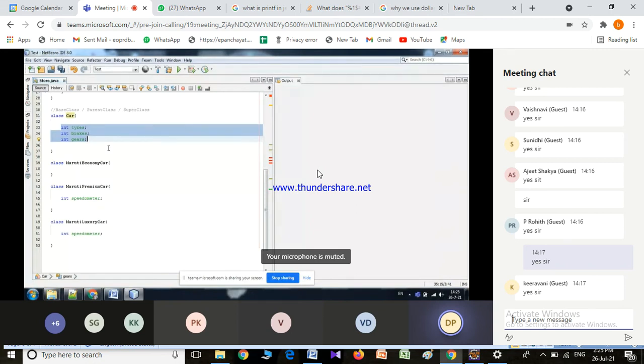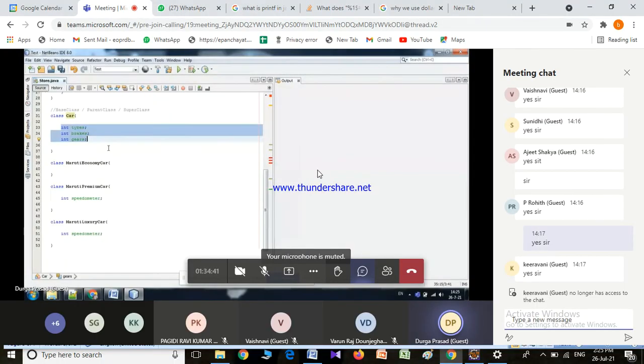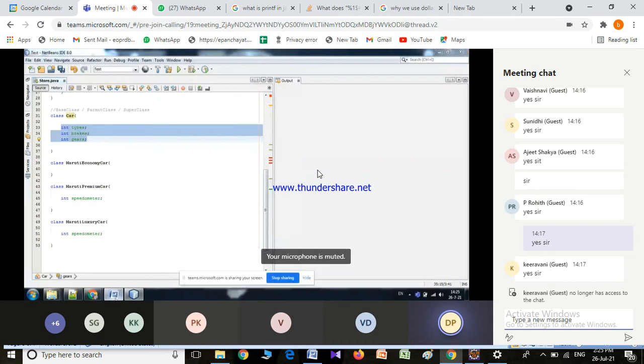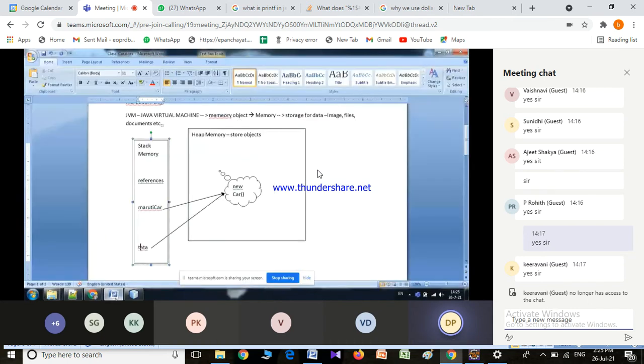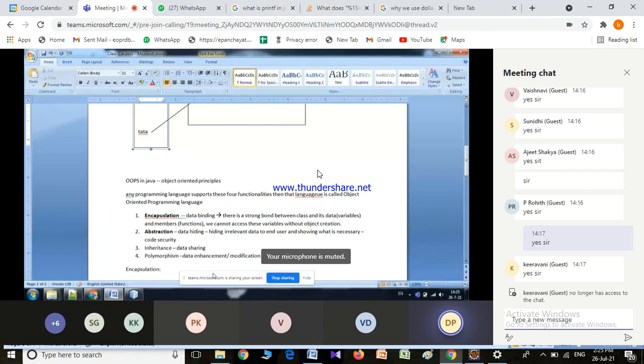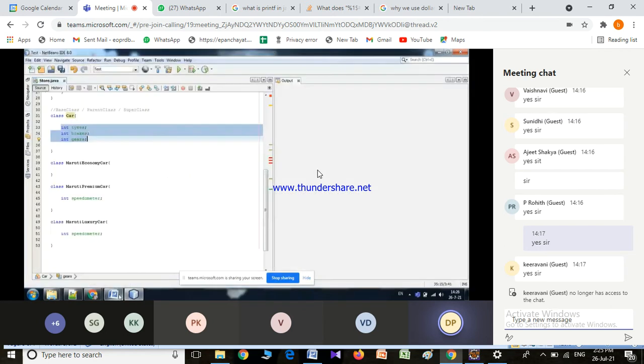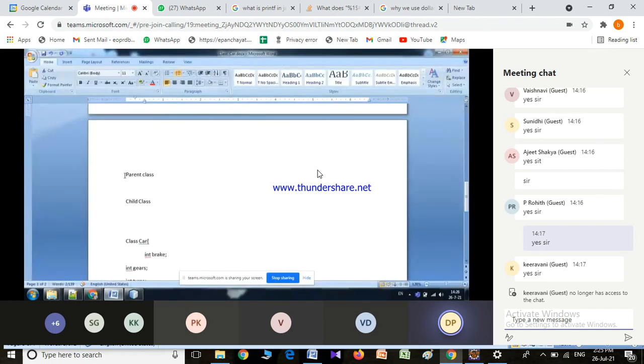So in Java we have something called inheritance. Inheritance means we can share data between two or more classes. In general, any class will be categorized as one of the kinds: it may be parent, it may be child.